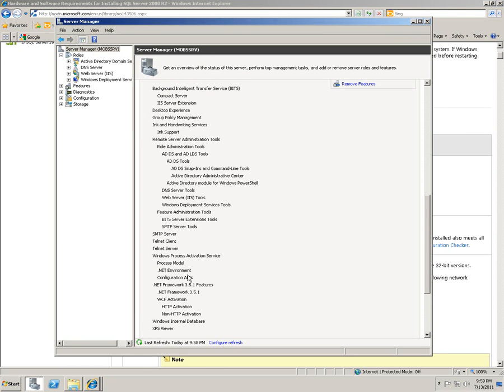.NET Framework bits are over here, also IIS server extensions and some of the remote administration tools. By default, when you install desktop experience, ink and handwriting services would be installed, and also telnet server configurations. This is my server manager,